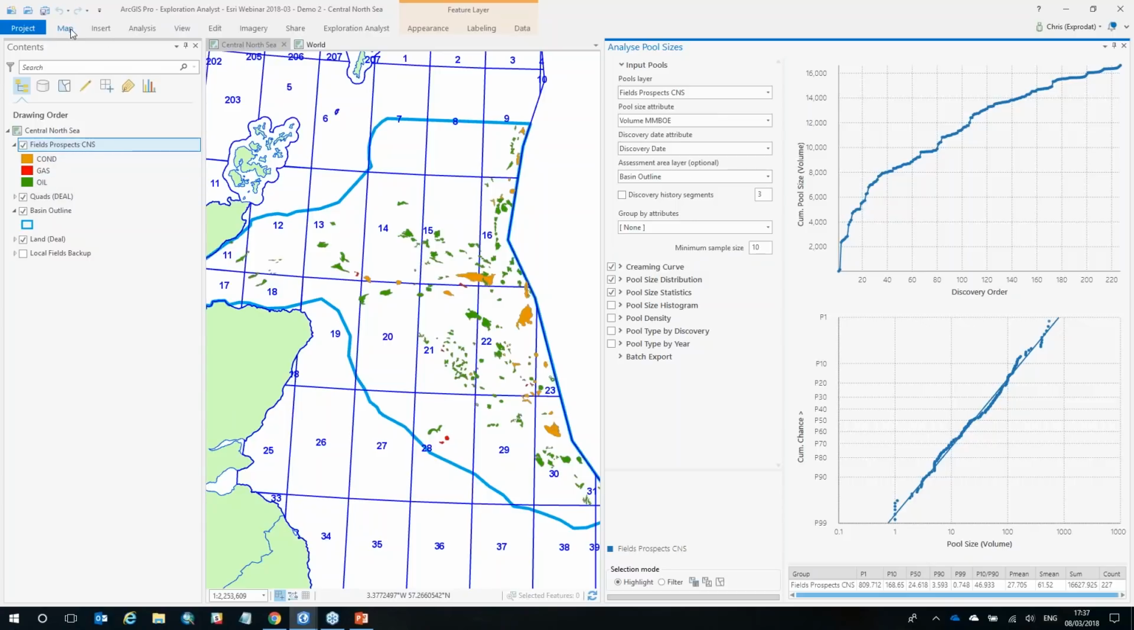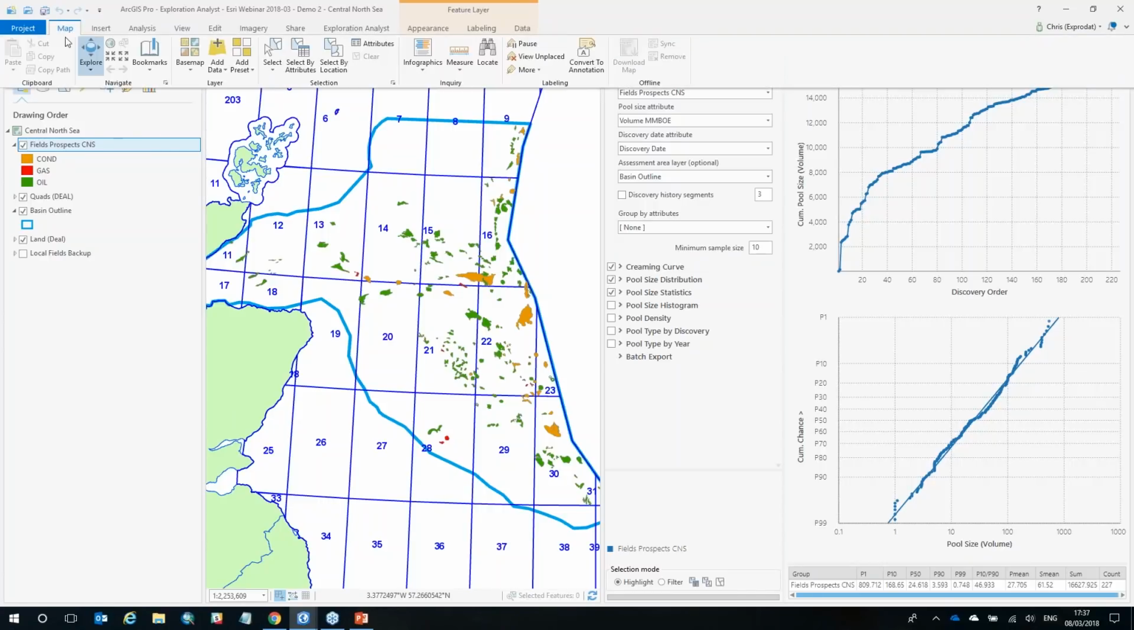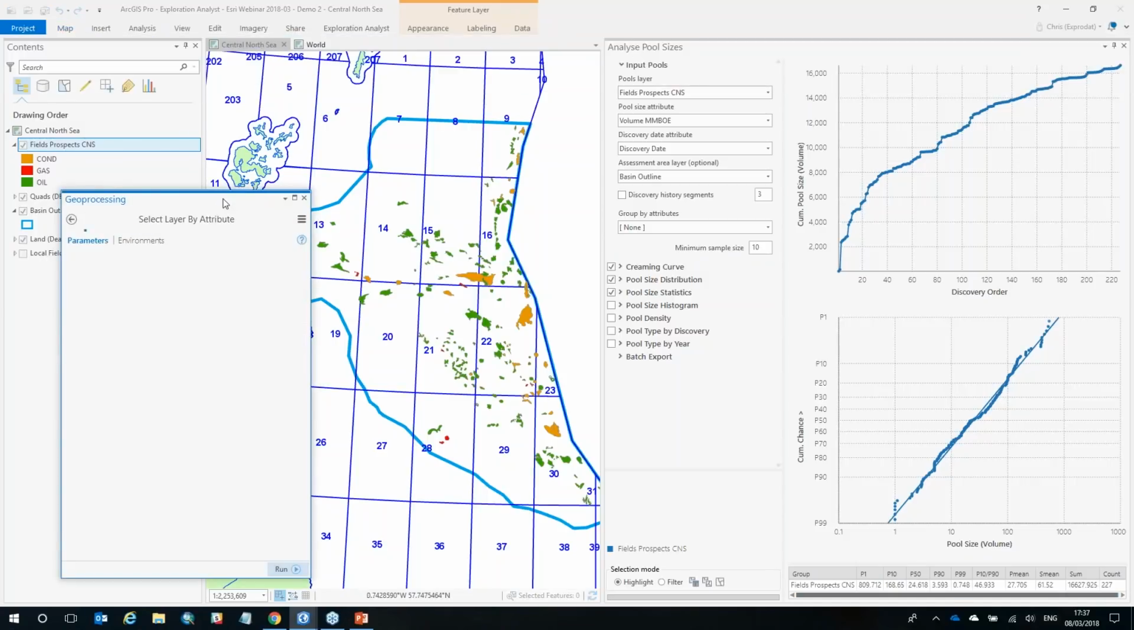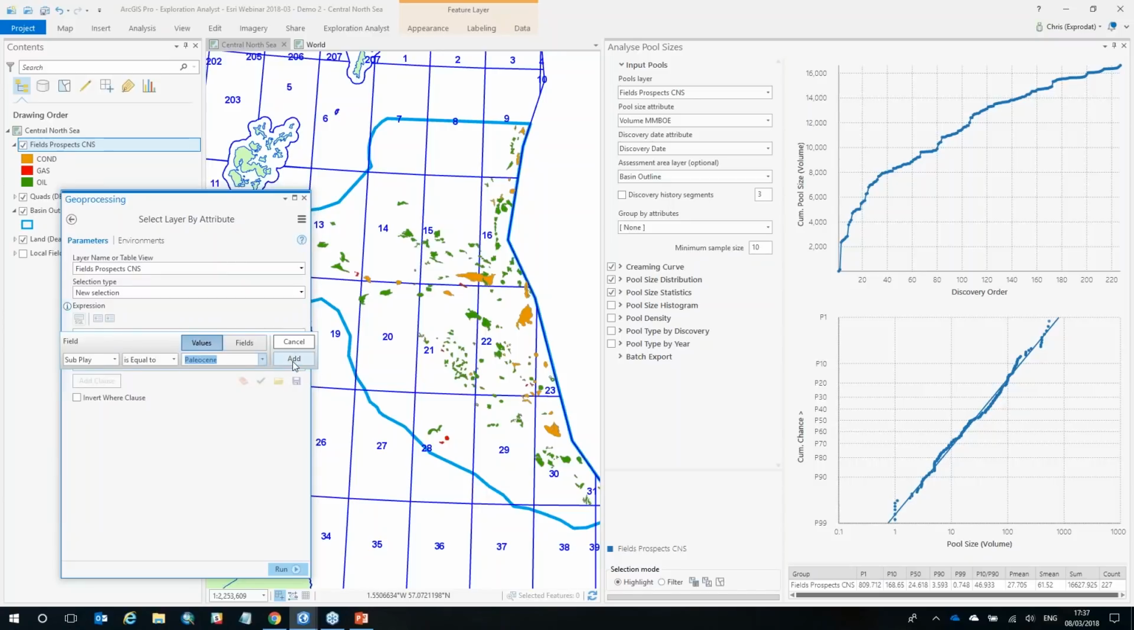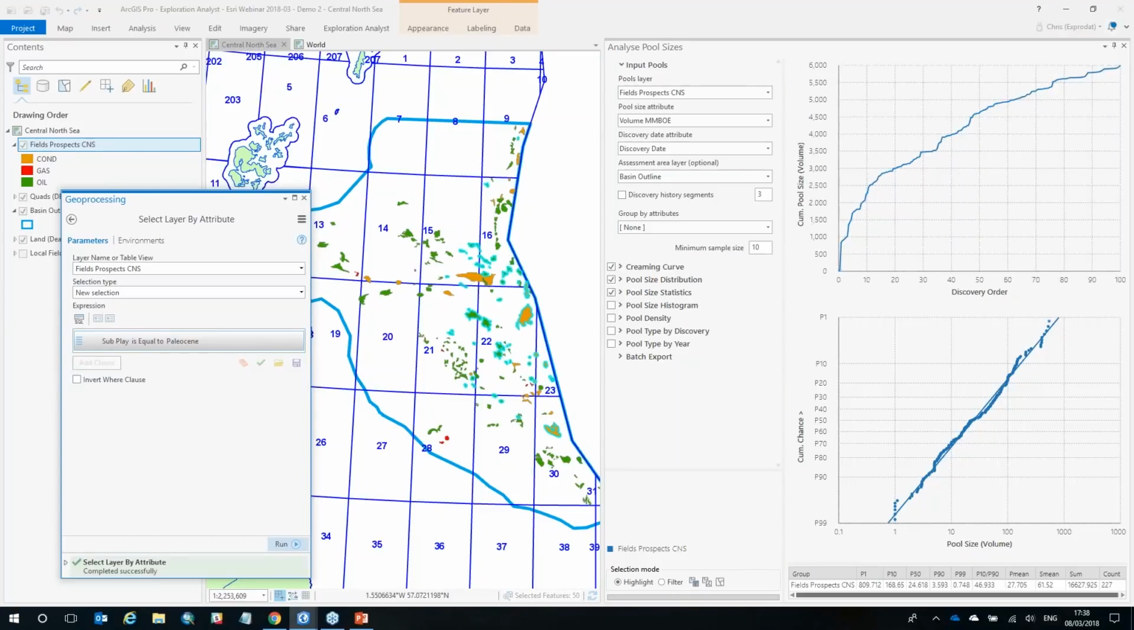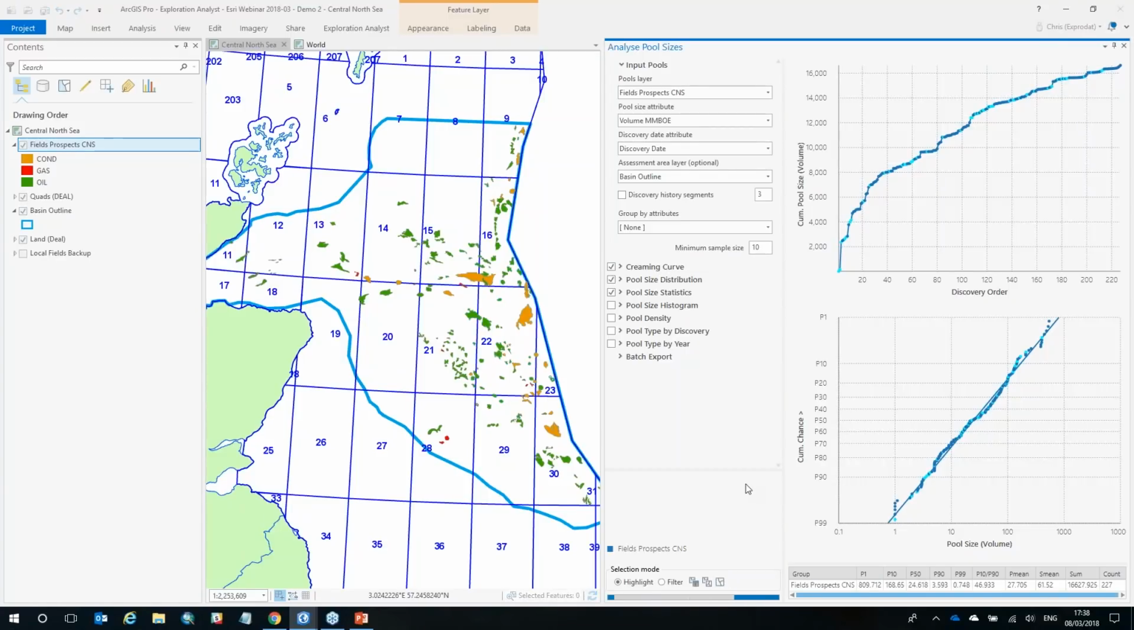We can also run selection queries on the map and see where those items are selected within the graph. So if I run a select by attributes, and I'm just going to add a clause and select where my subplay equals Paleocene, and run this. So I'm now selecting all the Paleocene fields, which was related to the risk map that we created earlier, and I can immediately see where those are selected on the graph. Deselecting or clearing that selection,